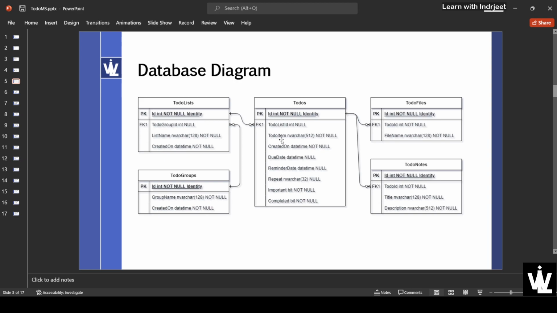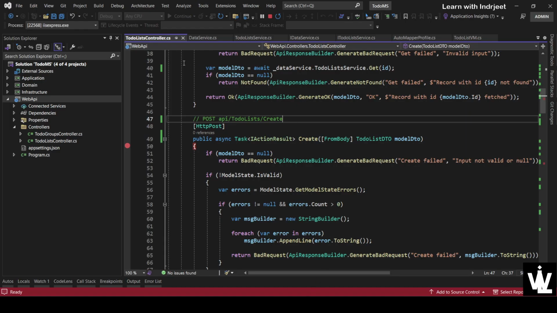Then the to-do item itself with nvarchar 512, created on, due date, reminder date, repeat, important, and completed, right? So please do the to-dos module yourself. I will do it in this application, but in the next video, we'll be covering custom exception middleware,